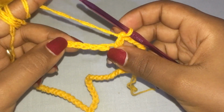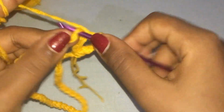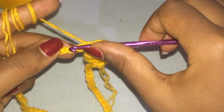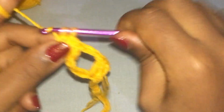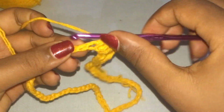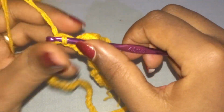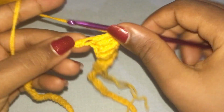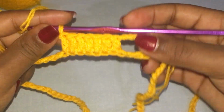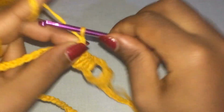And then you're going to make double crochets in the next 6 stitches. So all together, they should be 7. So that's 2, 3, 4, 5, 6 and 7. So you should have 7 double crochets, and then you're going to chain up 4,